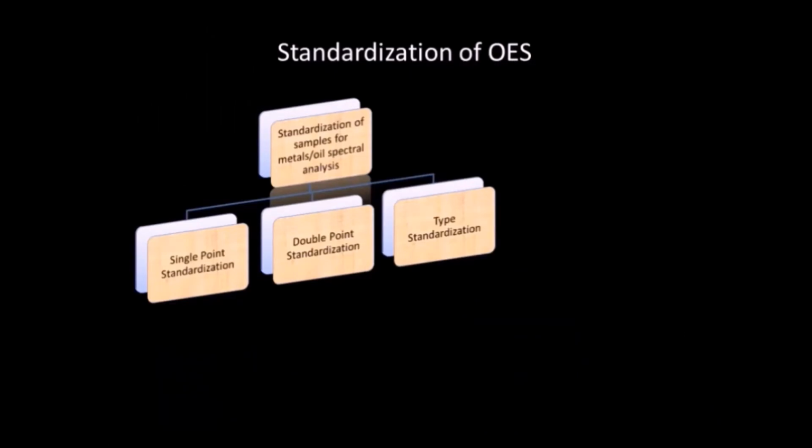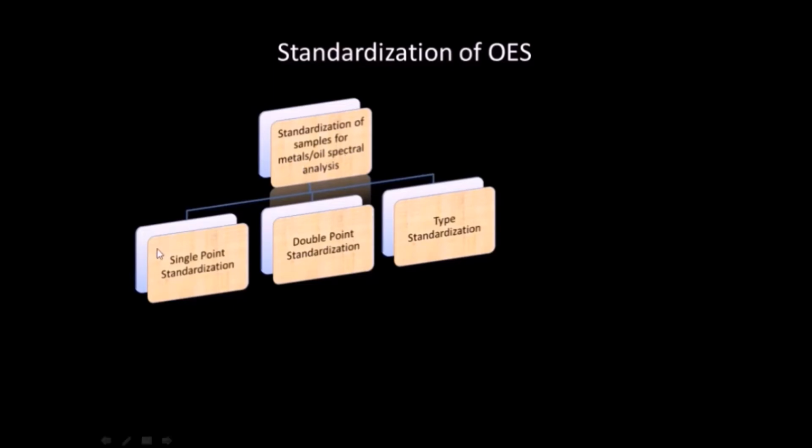Now we will learn about the calibration and standardization of OES. Calibration of the instrument is normally done at the time of commissioning by the OEM representative. However, standardization of the OES machine should be done daily or at least after every 4 to 5 hours of continuous operation to maintain its accuracy. Three types of standardizations are normally recommended for OES. They are